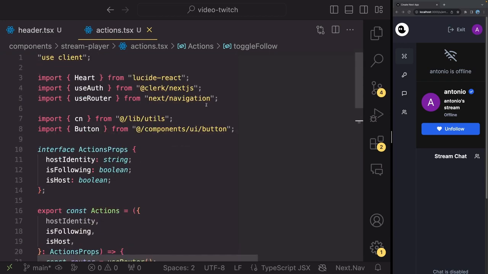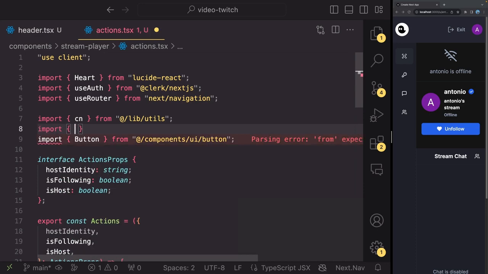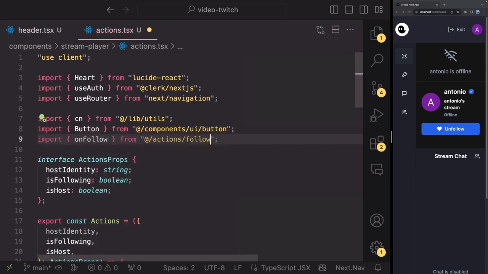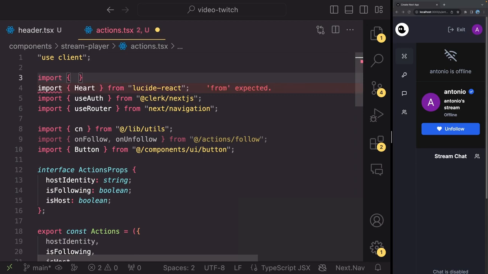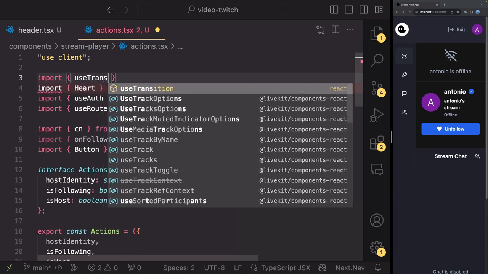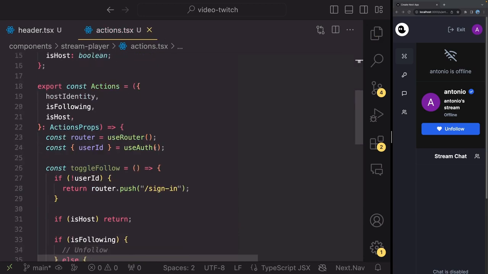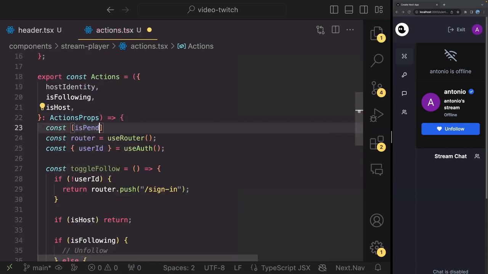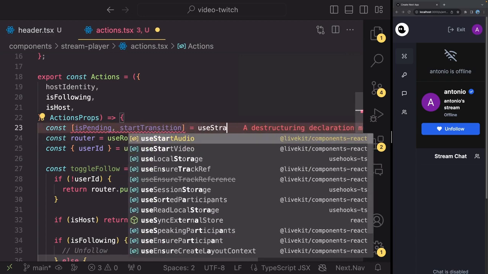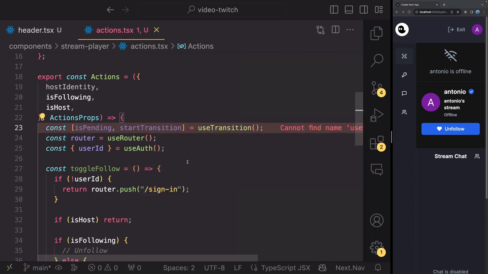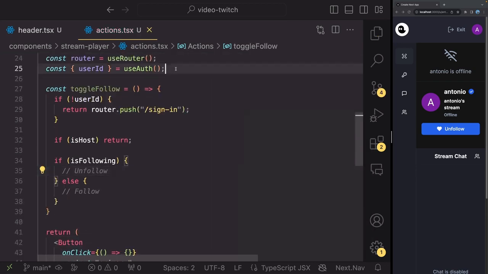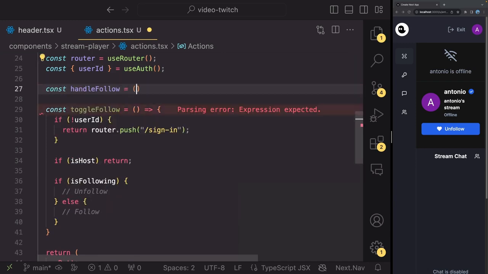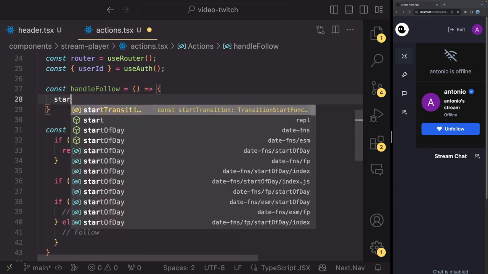So what I'm going to do is import onFollow from actions/follow, and I'm also going to import onUnfollow, like this. And I'm also going to import useTransition from React. Now in here, I'm going to extract isPending and startTransition from useTransition. And then I'm going to create const handleFollow to very simply be a startTransition,